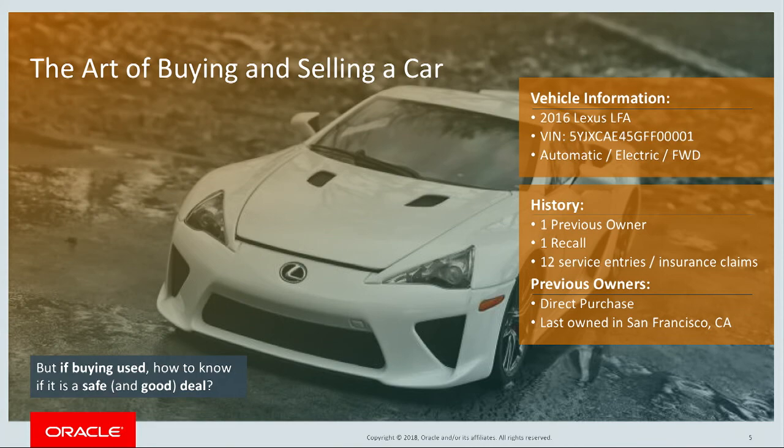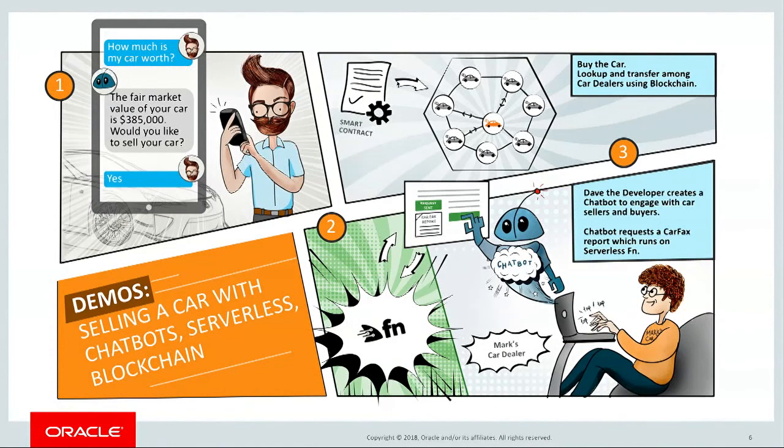And I said, well, let's see if we can sell this car on a blockchain. And someone wanted to make sure there was a nice looking cartoon in this deck. And so here's the scenario that we're going to go through. So we're going to use a chatbot to be able to actually put Larry's Lexus MFA onto a blockchain, using serverless functions to actually be able to put it on the blockchain, and then having a permissioned blockchain where multiple dealers can see the car and someone can buy the car off the blockchain.